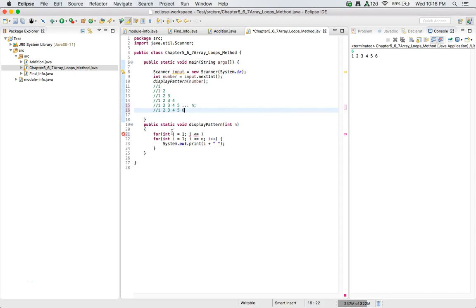Okay, so we want the same number of lines as we do whatever gets plugged in for our n, or in this case, our number. So this is actually what is going to need to equal n, because that will always be the case. We will always plug in the same number of lines as we do whatever gets plugged in. So we want j to go all the way up to however many n is. And then we'll have j plus plus,